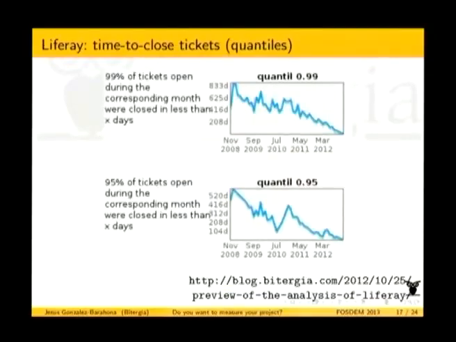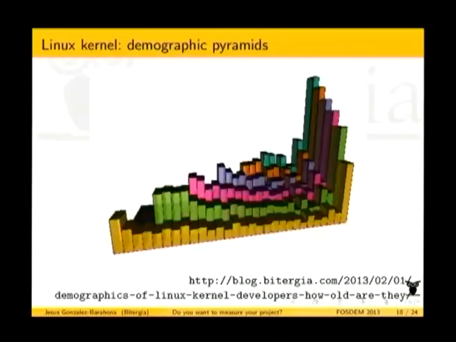This is the same information but for LibreOffice in another presentation. So the upper one is how long they take to close 99% of the bugs or tickets for different periods of time. And this one is one of the things we are working on right now. This is Linux. This is the history of Linux. I cannot go into all the details, but basically